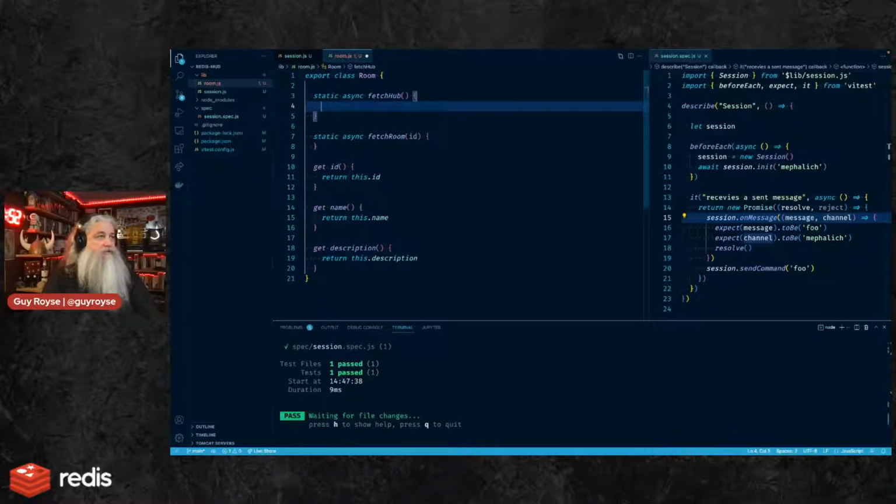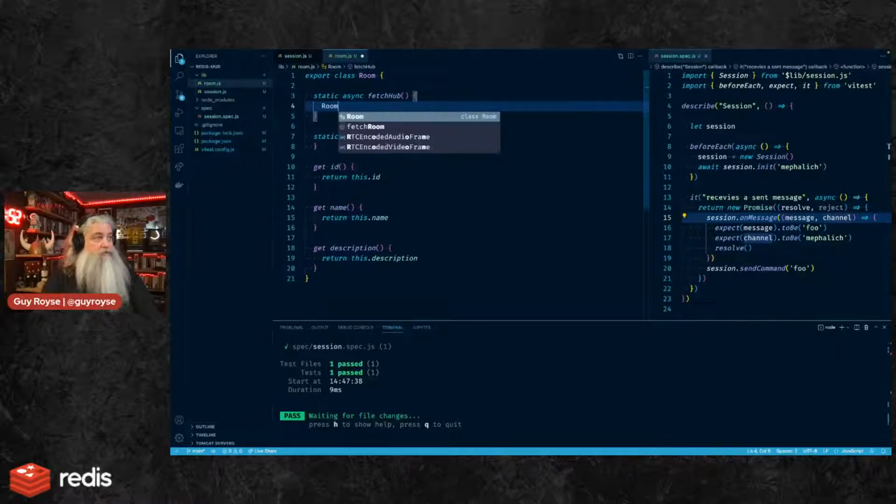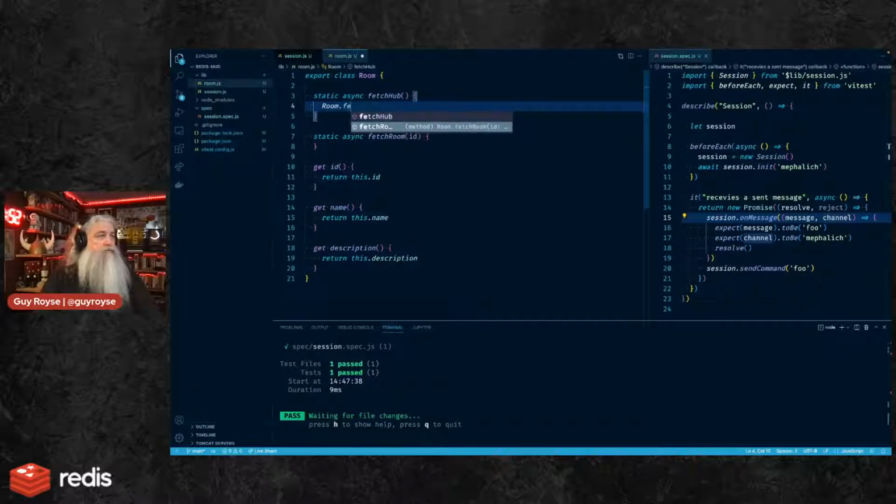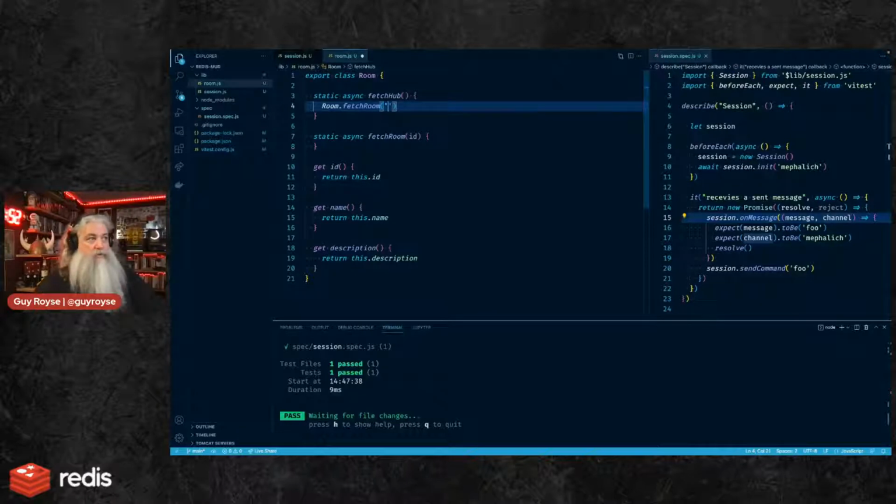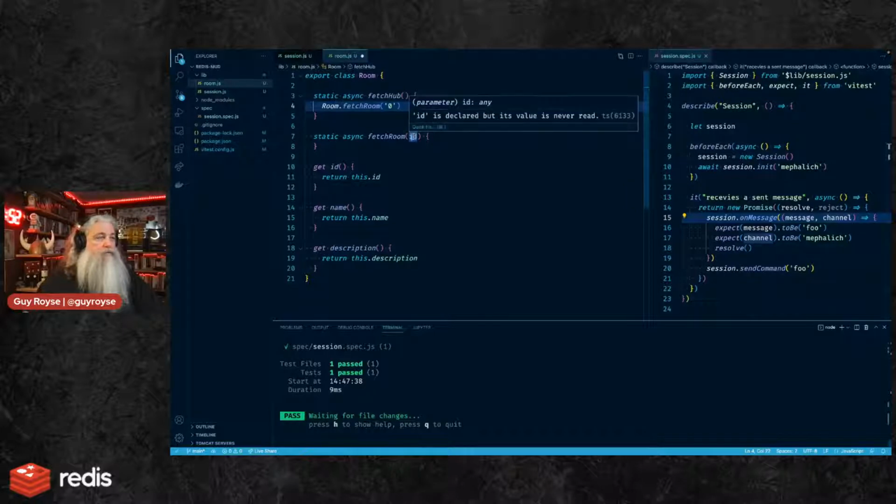I'm thinking like a Java developer. Room.fetchRoom, and then we're just going to arbitrarily say that the hub is always room 0. In fact, I'll probably store these as ULIDs, but for now we'll just call it room 0.